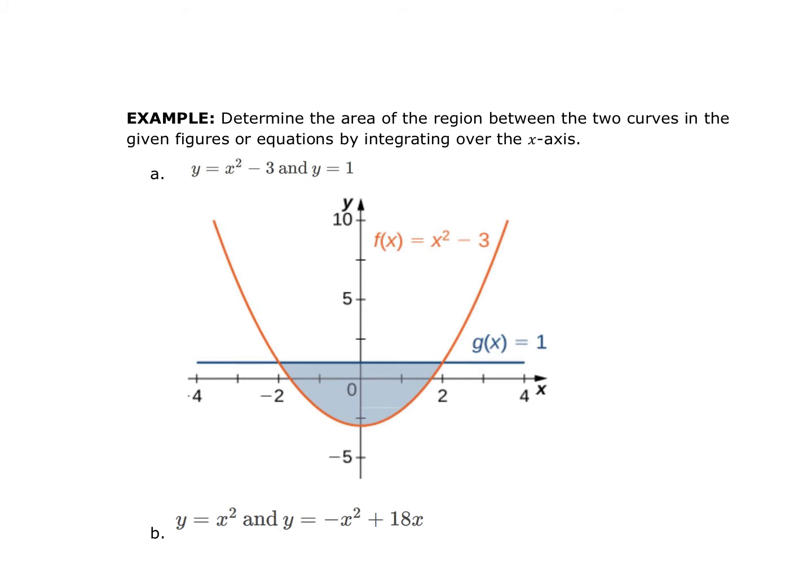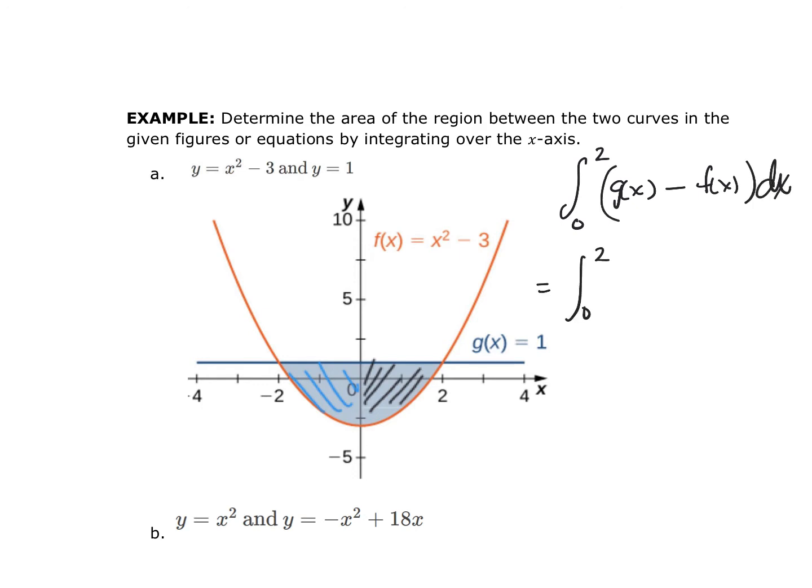So, they're asking us to determine the area of the region between the two curves in the given figures, by integrating over the x-axis. So I'm going to integrate from 0 to 2 because this side, by symmetry, equals this side. So I'm just going to go from 0 to 2. My upper function is my g of x in this case. My lower function is my f of x in this case, dx. So this is going to go from 0 to 2. My upper function is 1. My lower function is x squared minus 3